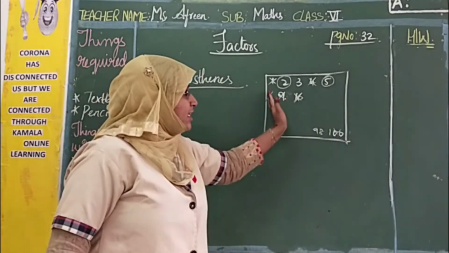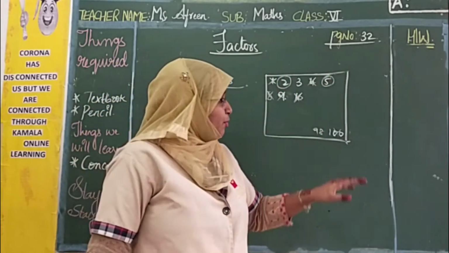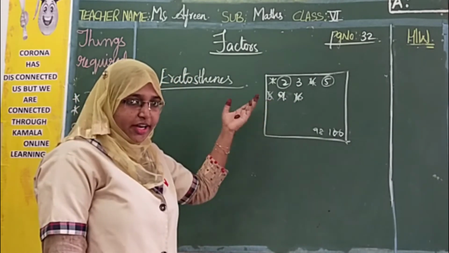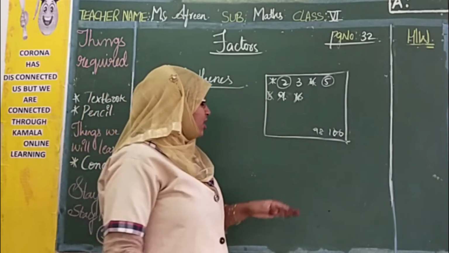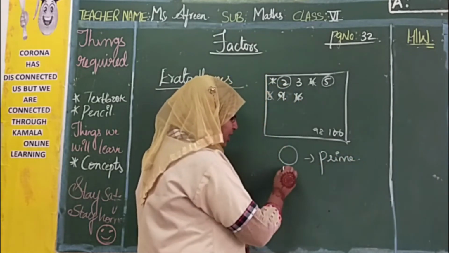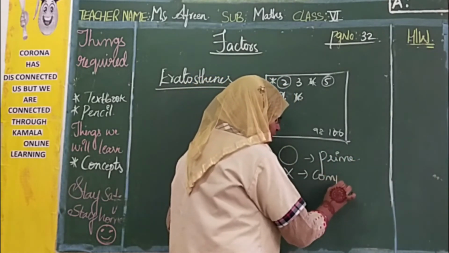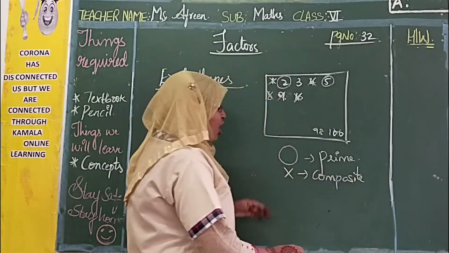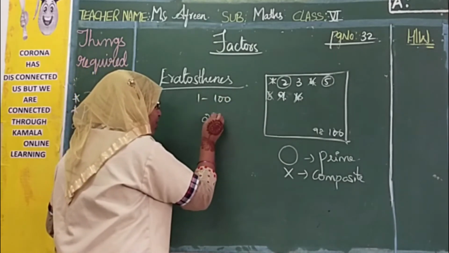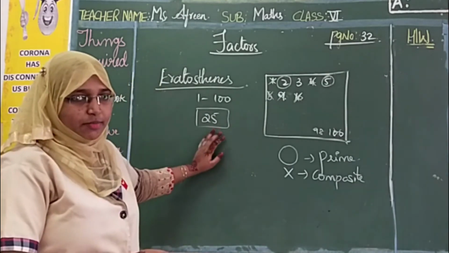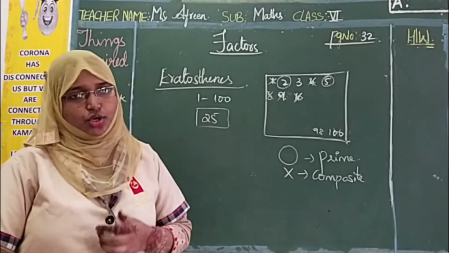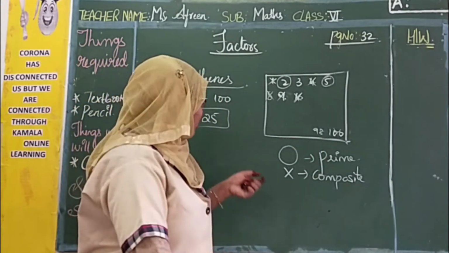So like this we will encircle the numbers and we will cross off the multiples. Supposing now it is 2 4s are 8. Again you cannot start with 8, right? Because already it is a composite number. It has been crossed off. Like that, the circled numbers you call prime numbers. The encircled numbers whatever you get are prime numbers and the crossed off numbers are your composite numbers. Okay. Now how many prime numbers can you get from 1 to 100? You will get 25 prime numbers. Those 25 numbers are your prime numbers, like 2, 3, 5, 7, 11, 13, 17, 19, 23 and so on till we get to 97.